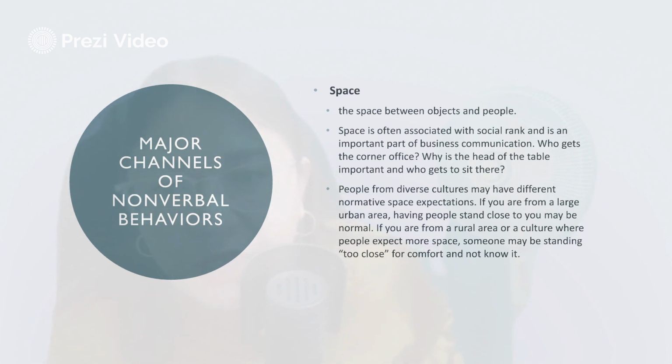If you are from a large urban area, having people stand close to you may be normal. If you are from a rural area or culture where people expect more space, someone may be standing too close for comfort and not know it. Definitely. Sometimes when we are in an urban area, it is okay for us to have very limited space. For example, in a train. However, when you come from a rural area, we usually have